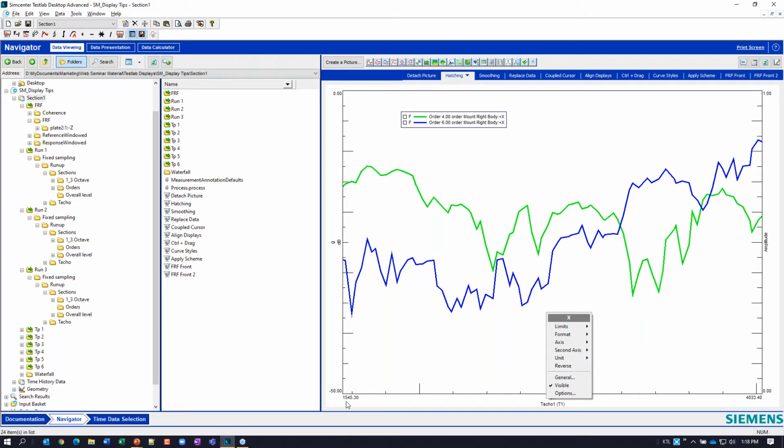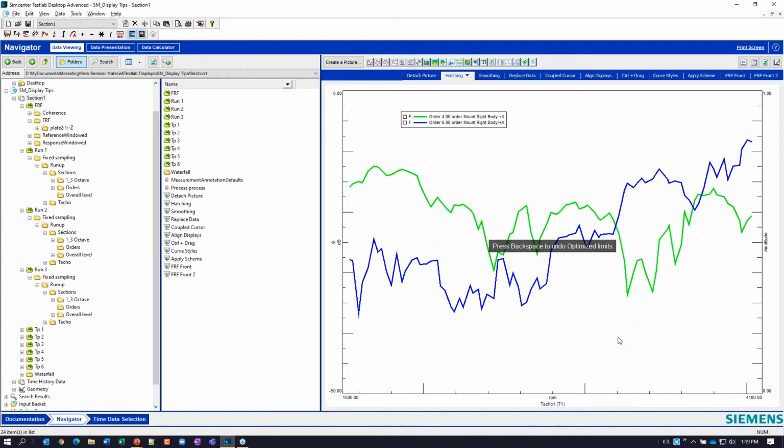My lowest value is 1545.3. Those are exact data points that I have. If I put this on optimize, it will sort of make nice round numbers to start and stop. So you see my data starts a little bit inside the limits of the plot now. Maybe that's how I like to do it.